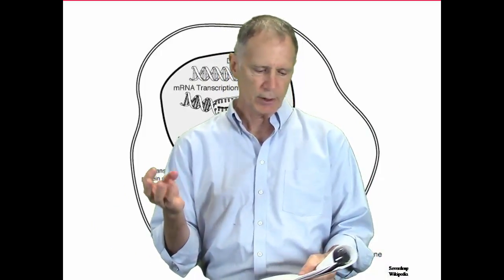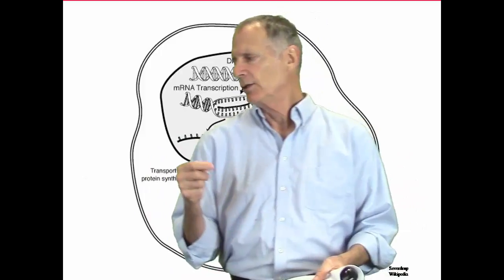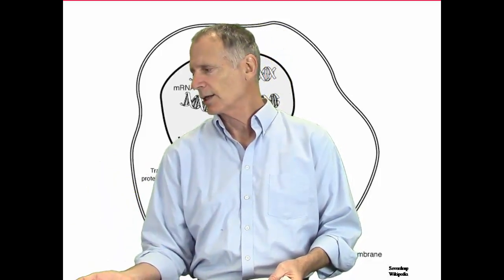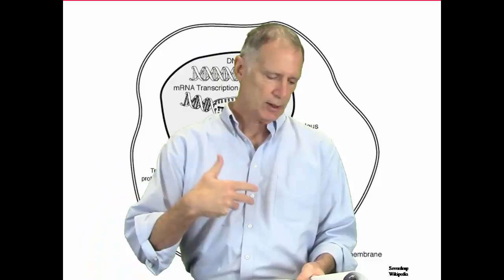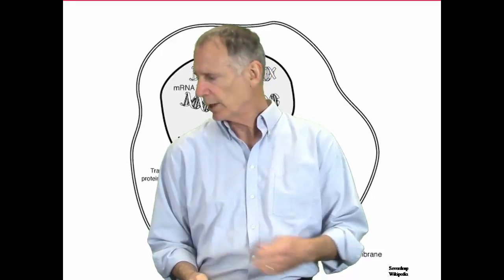You have cytosine, guanine, and adenine, but you don't have thymine. That's because it's replaced by uracil. So the only difference in RNA is the ribose versus the deoxyribose, and the uracil versus the thymine in DNA. So a little bit different, but enough to where it